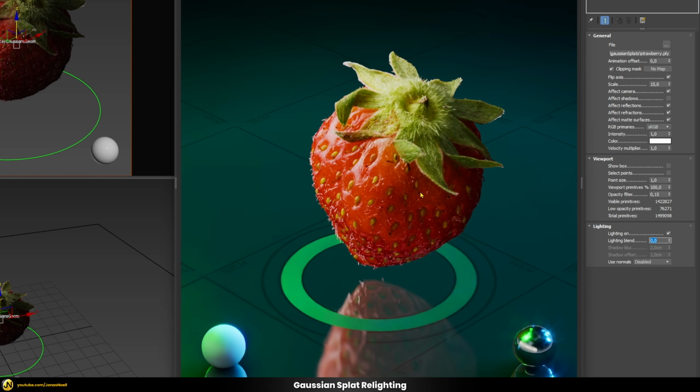That's the real colors from the Gaussian splat. And the value of 1 means it gets the maximum contribution here from the scene. Like this, you get the maximum integration here. So in order to make these shadows here appear nicer, we can also enable here the normals, because this is